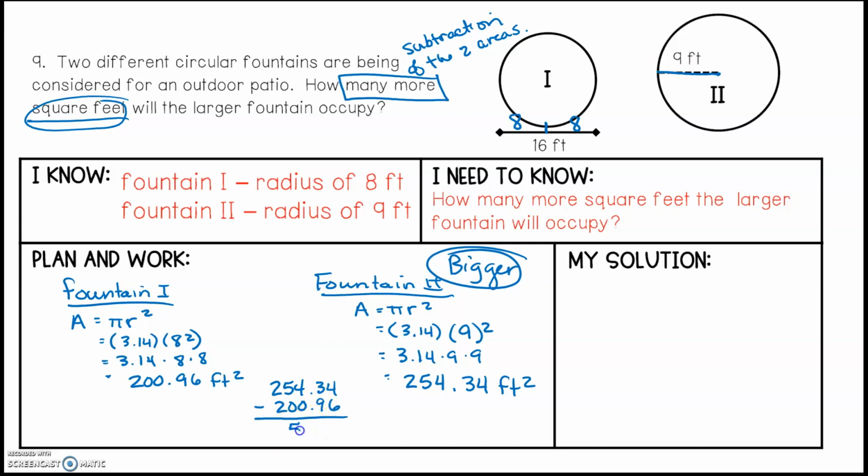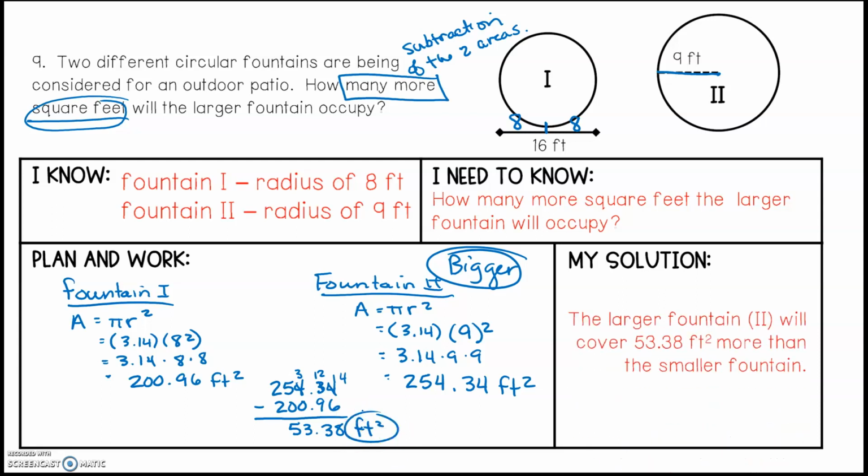And we're going to get 53.38 square feet. Okay, so the larger fountain, which is fountain 2, will cover 53 and 3/800 square feet more than the smaller